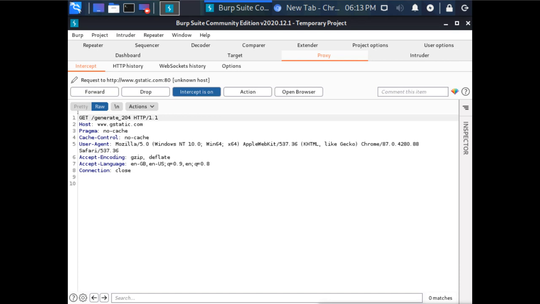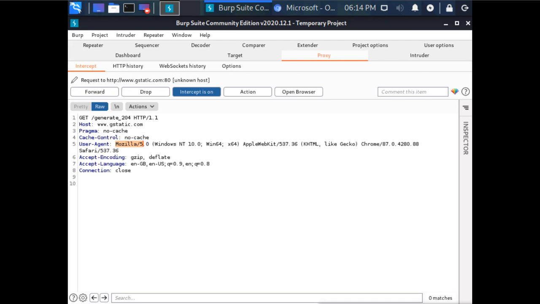This is the GET request, and you can see this host. You can see the host name, pragma, cache control. You can see the user agent, Mozilla, Windows NT, Win64, and AppleWebKit, like Chrome, whatever.